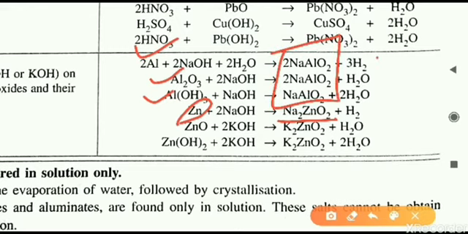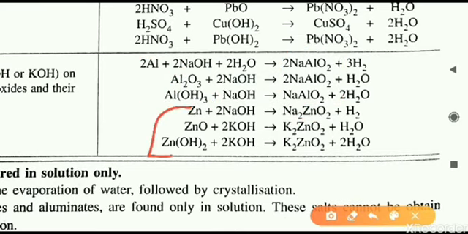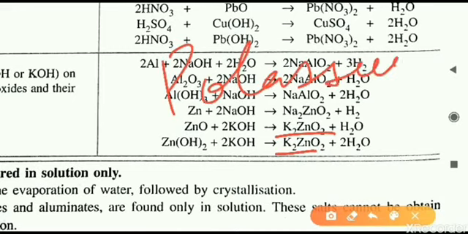The difference will come in hydrogen and water. That is the difference only. Now for the remaining three equations, in all the cases zinc is the metal. Because zinc is the metal, we are getting zincate ion. ZnO2 is zincate. In the alkali, NaOH is there, so it is sodium zincate. With KOH, this time potassium is there in the alkali, so it will form potassium zincate. This is K2ZnO2, that is potassium zincate. The last one also is potassium zincate. So ZnO2 is the zincate ion.